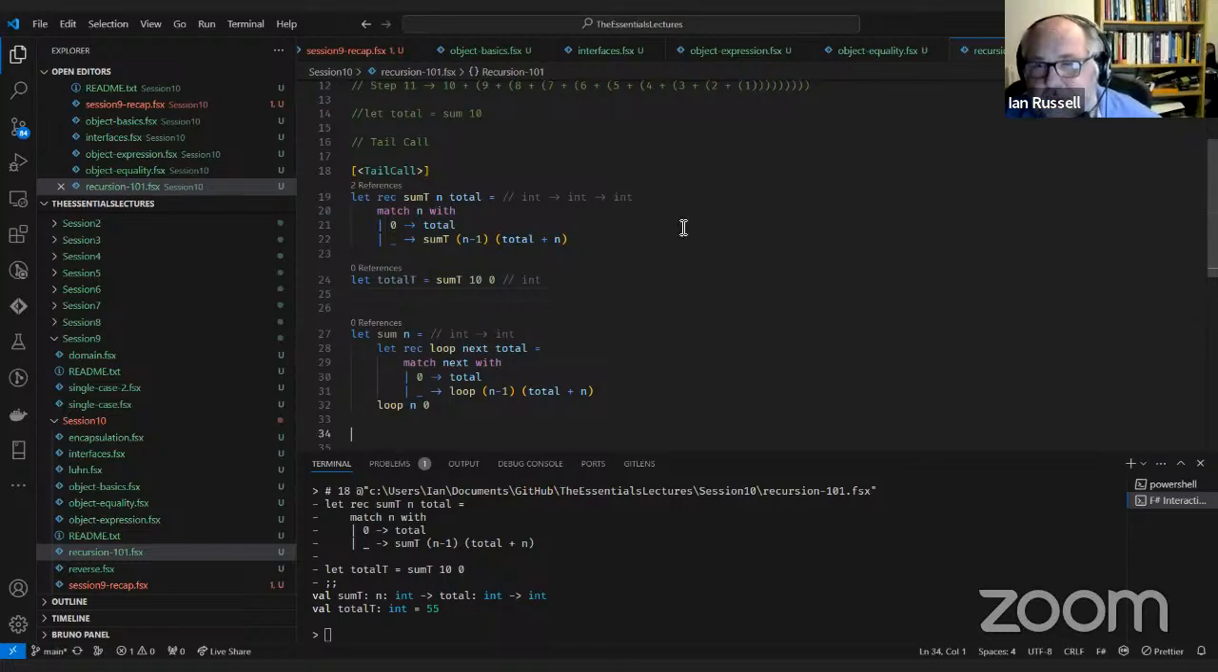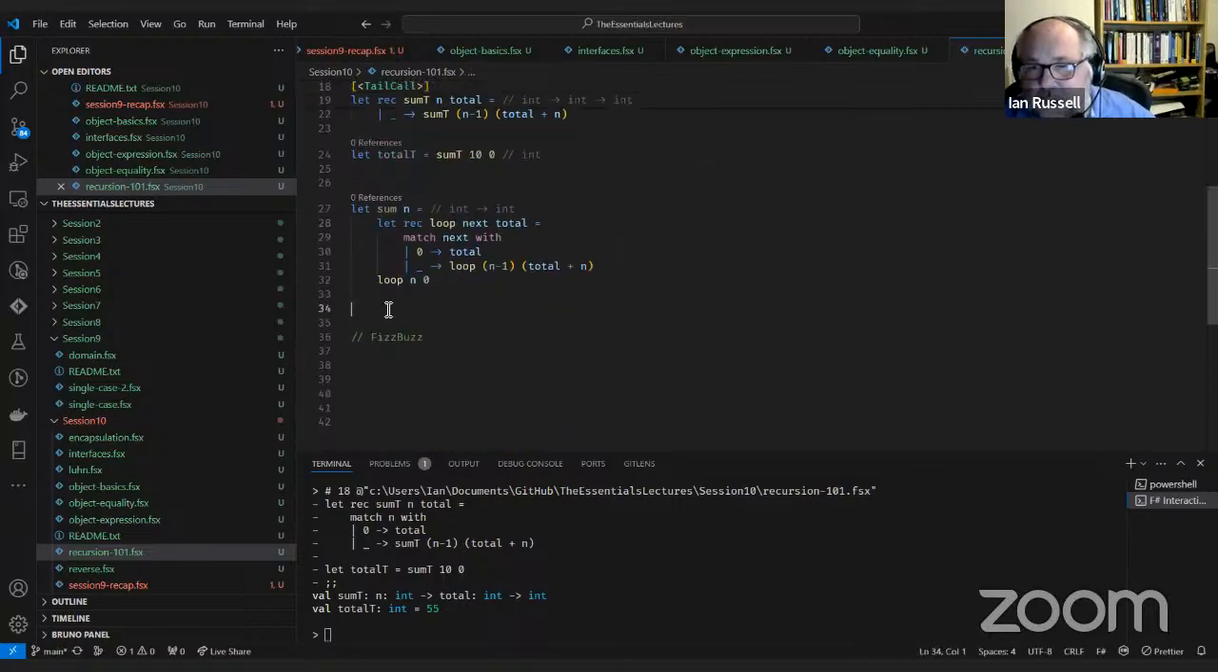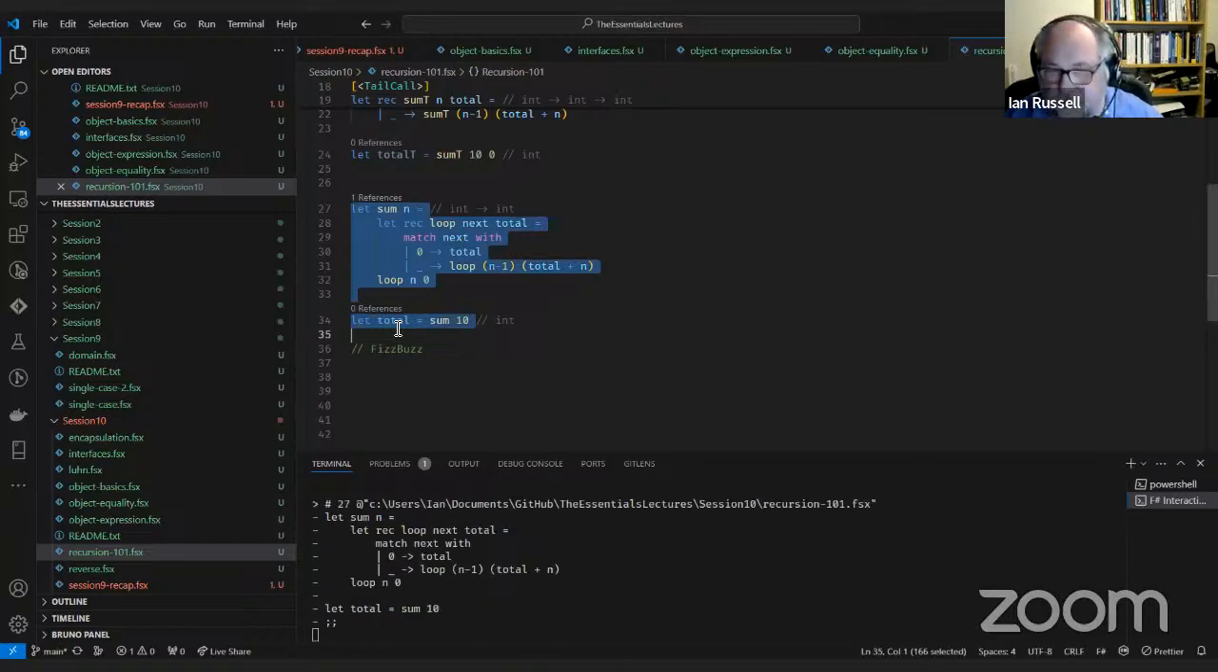Okay, so the advantage of this is it allows me to call that. I don't need to know anything about the internal workings of this particular function. So if I run that,